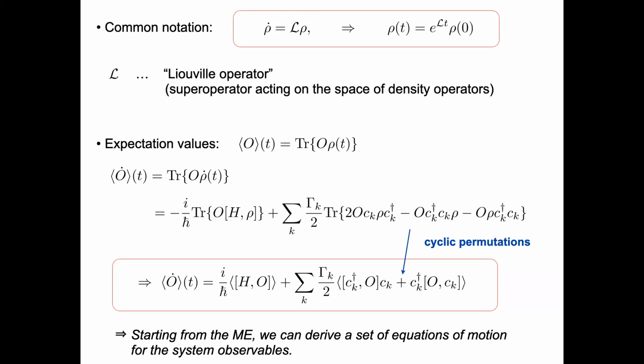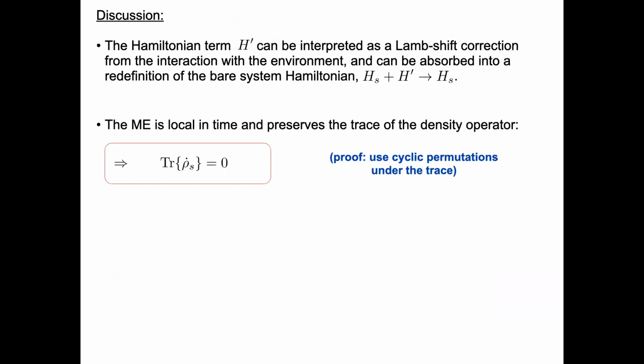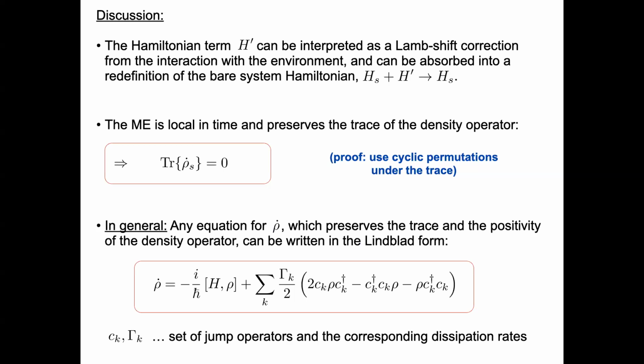So maybe just to sum up, this derivation, we went through all these different steps. I think it's not necessary to remember all of them, but let's say these main ideas: the Markov approximation, then you work out all these commutators, you get these correlation functions of the bath operators, evaluate their Fourier transform at the given system frequency, that's the relevant frequency scale, and this gives you the rates and also the Hamiltonian corrections. And then whenever we do this, we will end up in an equation like this. It's the most generic form.